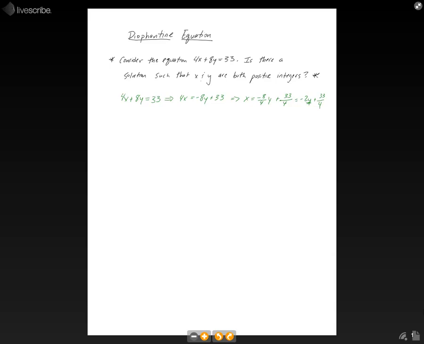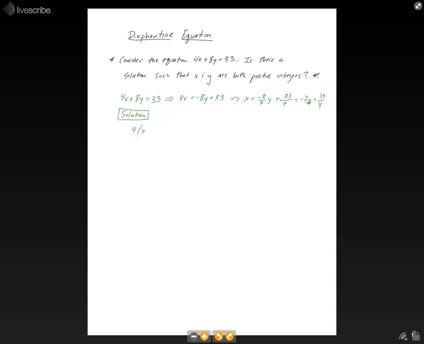Well, the good thing is that they're not asking you to solve the equation. They're asking you if there is a solution possible when x and y are positive integers. The way you solve this kind of problem first is that you need to recognize that you can factor the left side of the equation, and if you pull a 4 out of both the x and y terms,